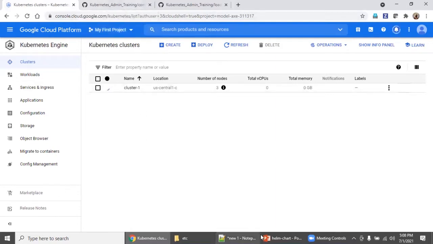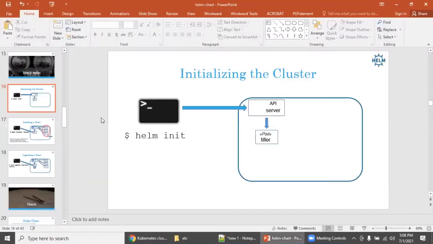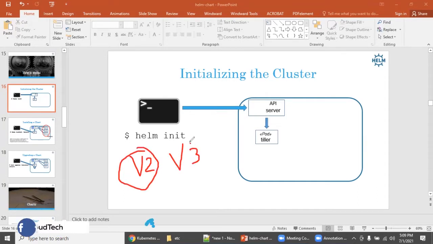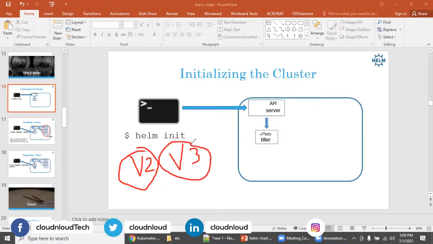In the meantime, I want to explain a couple of things. In the previous class, we discussed a couple of commands for initializing everything. You need to understand the difference between Helm version 2 and version 3. A couple of things are deprecated in version 3.